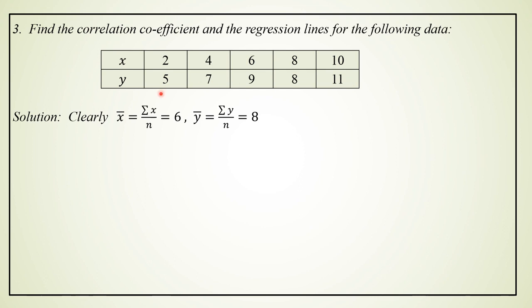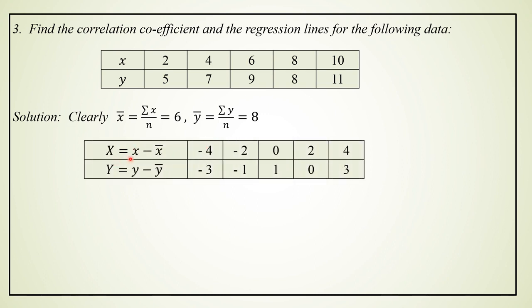So first let me compute the mean of x and y over here. Observe here what is the value of n. N is 5. They have given you the 5 data points. So the value of n is 5 here. So that x bar is equal to summation of the values of x divided by 5, which is equal to 6. Similarly, the summation of values of y divided by 5, that is equal to 8, which is nothing but the mean of y. So after computing x bar and y bar, compute